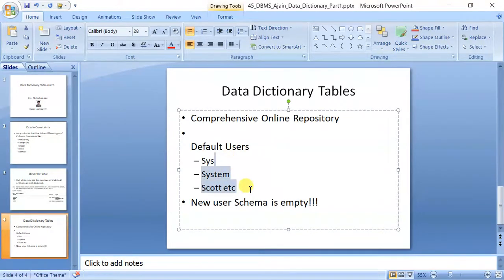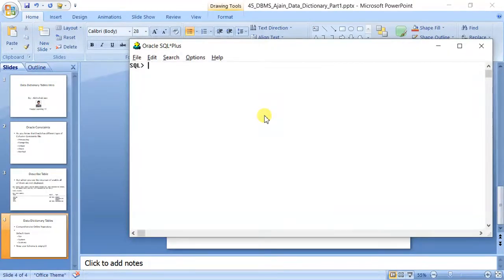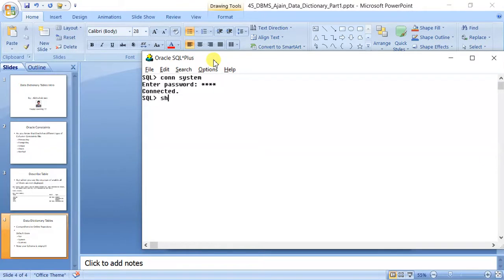The rest you can create. Let me show you an example. If you try to connect system, the password is the same that you gave during installation, and later you can also change it. You can see that it is now connected. If I do show user, you can see the user is system.